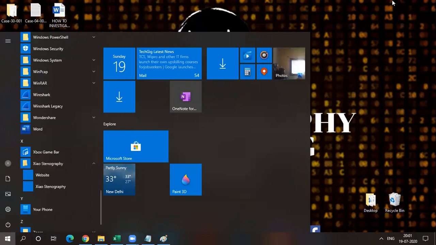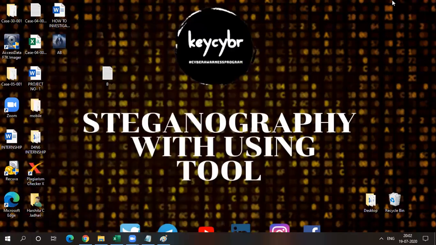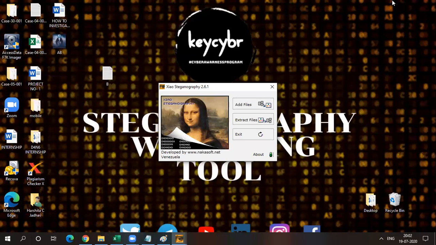Yes, I have already downloaded it. So I will just open the GIS Steganography tool. And now we have to upload our image file and a text file. Okay, so for that we need to add files here.